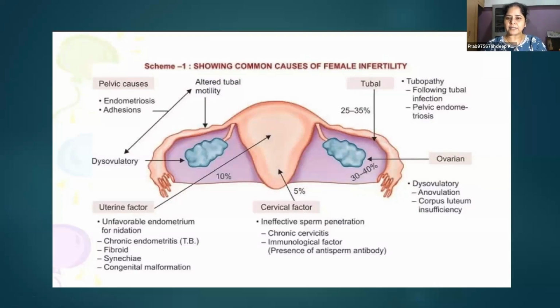Then 30 to 40% of the causes of infertility are because of the ovary. Most of the time the dysovulatory functions are responsible, the anovulation and corpus luteal insufficiency, which could lead to recurrent abortions. The tubal factors, which are responsible for 25 to 35% of cases, may be because of tubal infection or pelvic endometriosis. Then altered tubal motility could be the cause, and other pelvic causes include endometriosis and adhesions, resulting